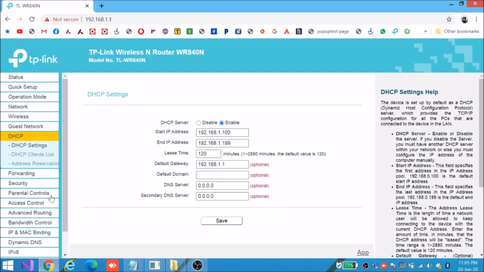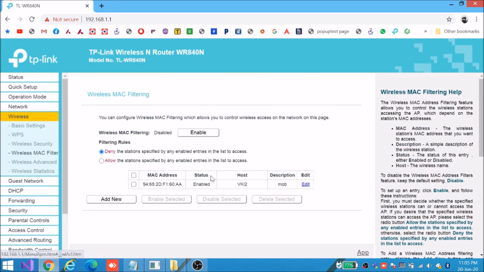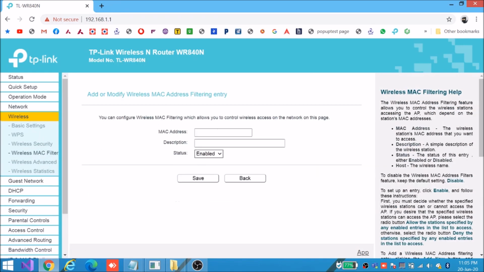For that I'm going to the clients list, and this is my system. I'm just copying this MAC address and I'm going to add the MAC address in this place, and I'm giving the name like system admin here, and I'm saving this.